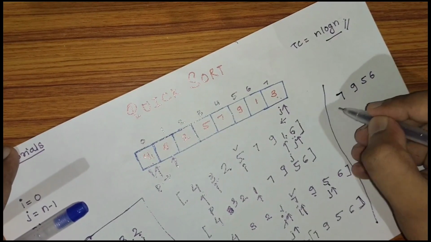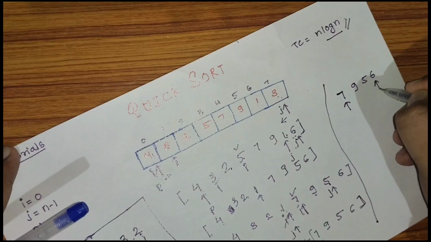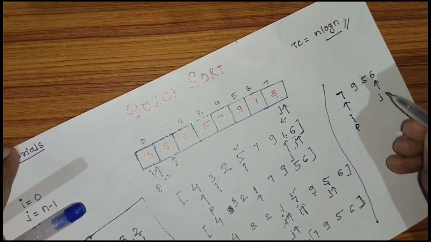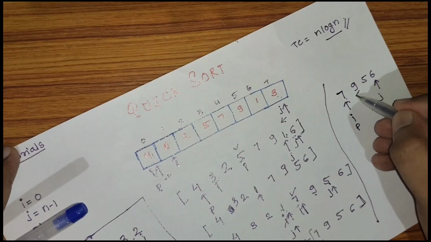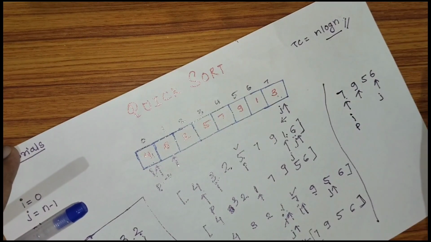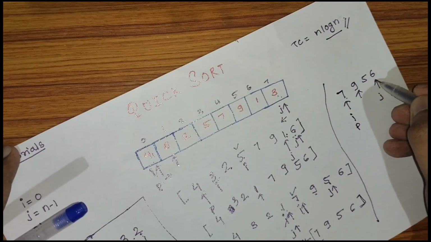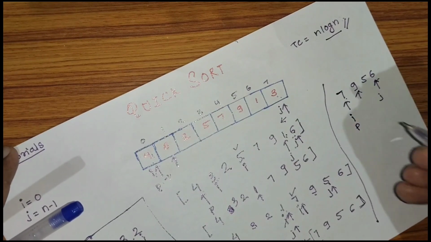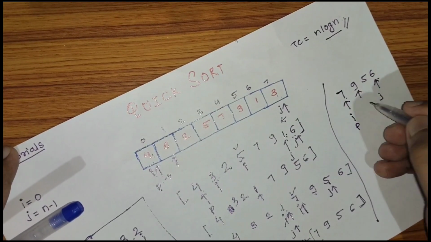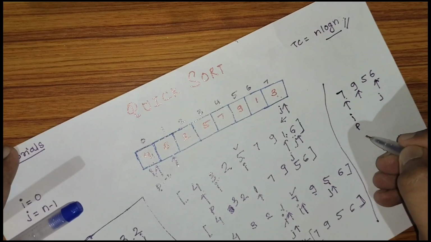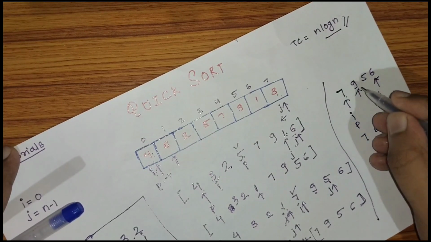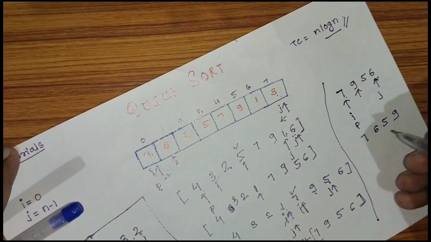Then what we will do is again set I and J, and here also a pivot. Now we will check which is greater. We have got this number greater, and this other number should be less than the pivot. Yes, this number is less than the pivot. So we will just swap it. While swapping, it became 9 6 5, and here it has become 9.